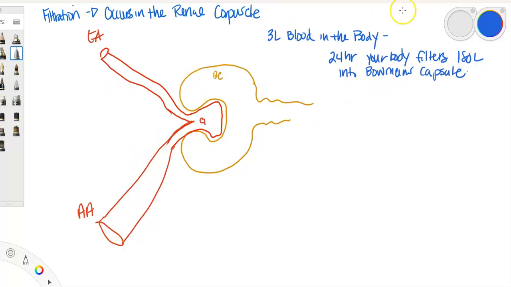So don't forget, blood coming from the renal artery through all those little vessels that go through the kidney ultimately come up through the afferent arteriole and then into the glomerulus, and then out the efferent. Okay. So as a reminder, let's just kind of look at what regular